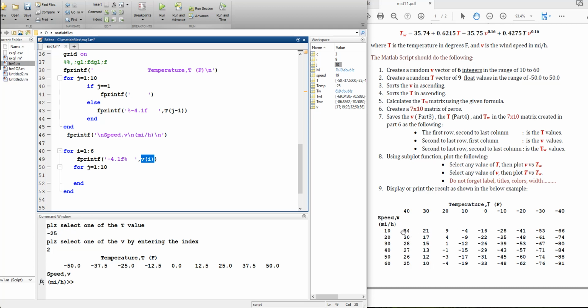Now I prefer to say that j from 1 to 9, better. I prefer this one. Why? Because I will start j from here, j 1 2 3 4 5 6, and to reach the last column, because I don't want to say later on tw of j minus 1, so I will keep it like this. Okay, for j from 1 to 9, just print